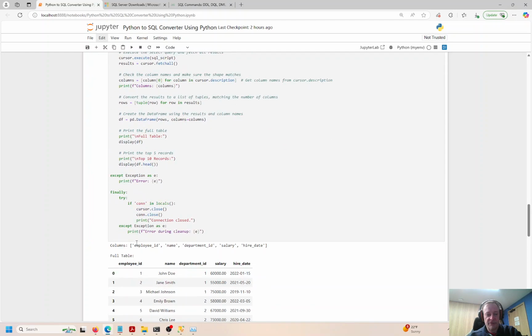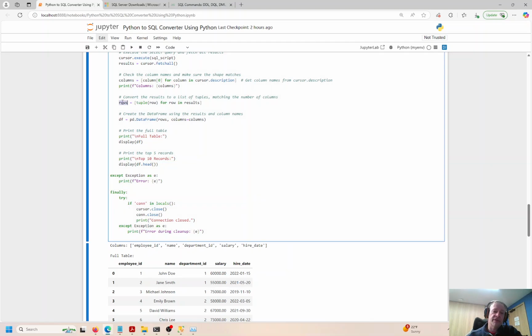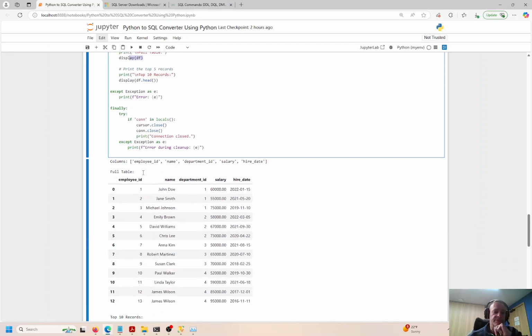Let's say you want to push everything into a data frame and display the data frame. You would have rows over here, columns: rows equals rows, columns equals columns. It's always row, comma, column in a Pandas data frame. Microsoft Excel does the same. It's always row, comma, column if you're doing some VBA program. So everything is pushed into a data frame, and then we display the data frame right here, and we actually